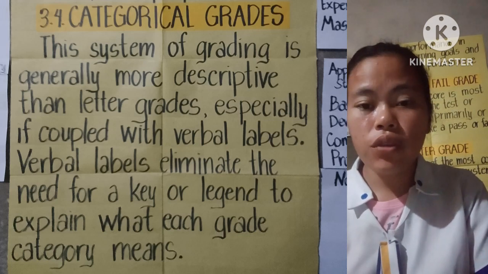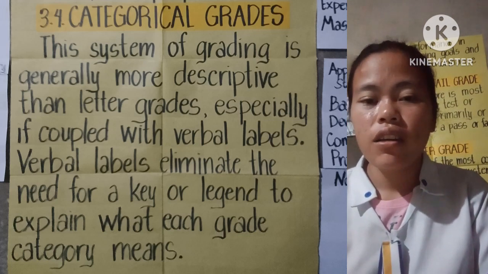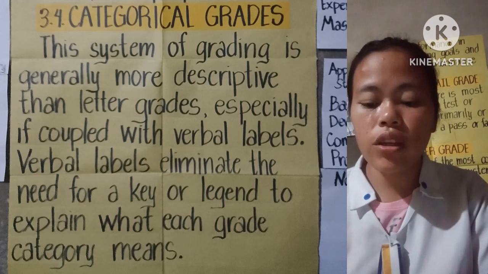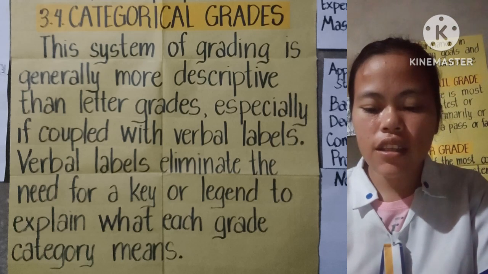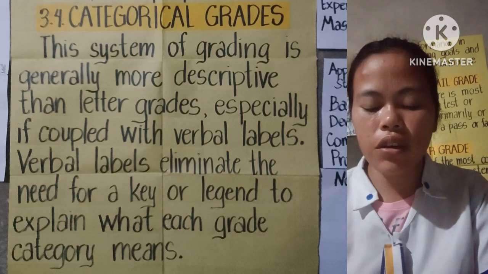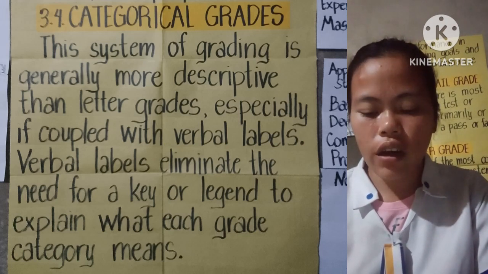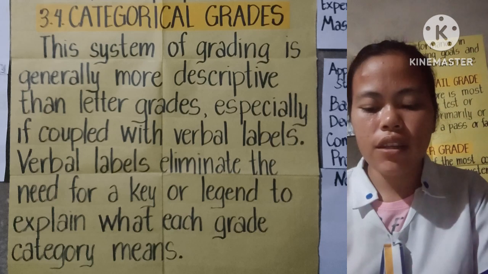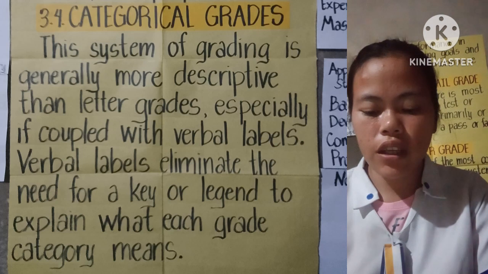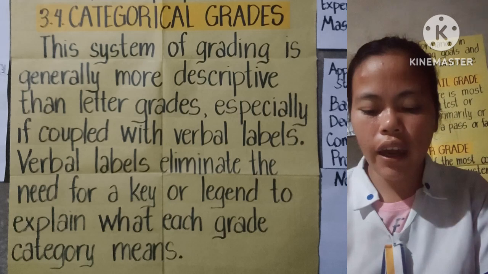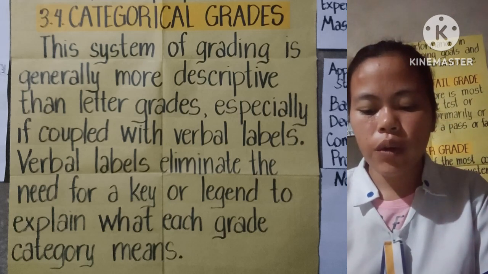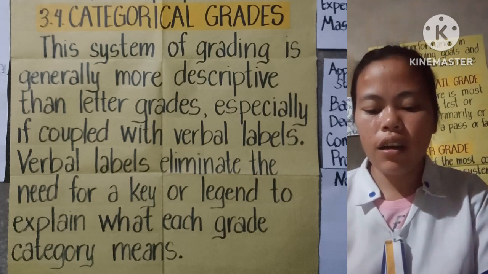So for example, student A is exemplary, student B is proficient, and student C developing. The categorical system provides a clear and concise evaluation of each student's drawing based on the understanding and accuracy of the food chain concept. It allows for easy comparison and understanding of the level of achievement within the specific categories. So this type of grading system can help students and parents identify areas of strengths and areas that require improvement in their understanding and